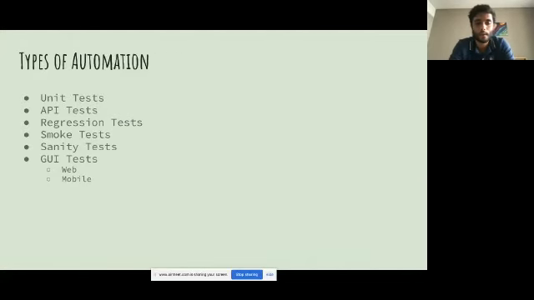Then you have your API test. I think we all understand what APIs are. Basically, any network calls which happen, be it in a web app or a mobile app. Any interaction with the network, or with the backend application of the service, is via the API test. API automation is also picking up a lot of interest.